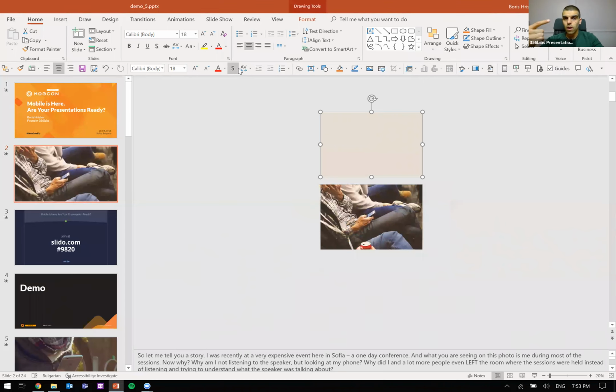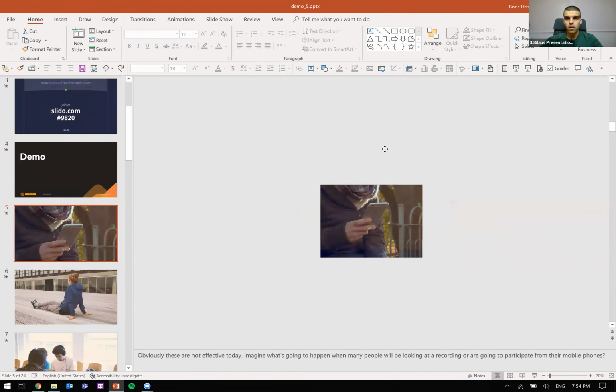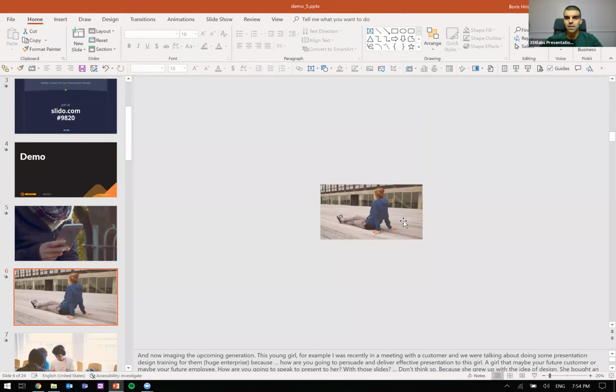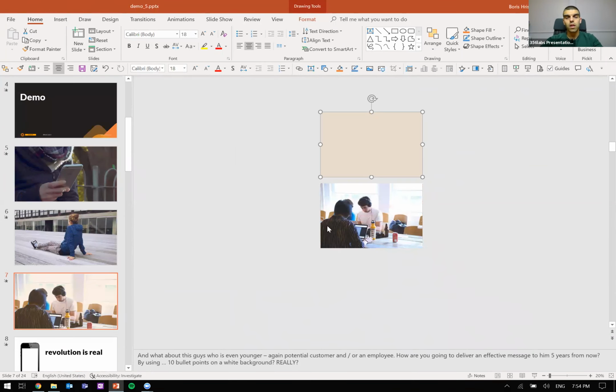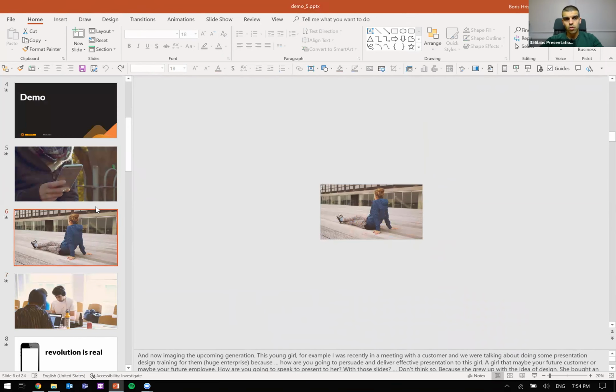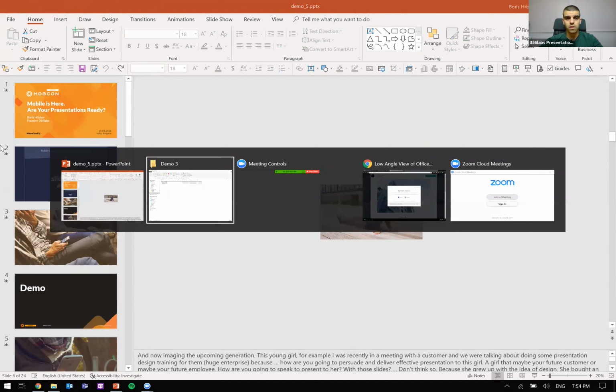Now let me show you how this was created. Once I created it, I did a very simple thing. I copy-pasted it on every single slide that I have, because this way my whole presentation becomes consistent, right? And I don't have to be a designer to do that, right? Before I show you how it works, let me show you how powerful that is and how this same approach was used in another presentation. Look,